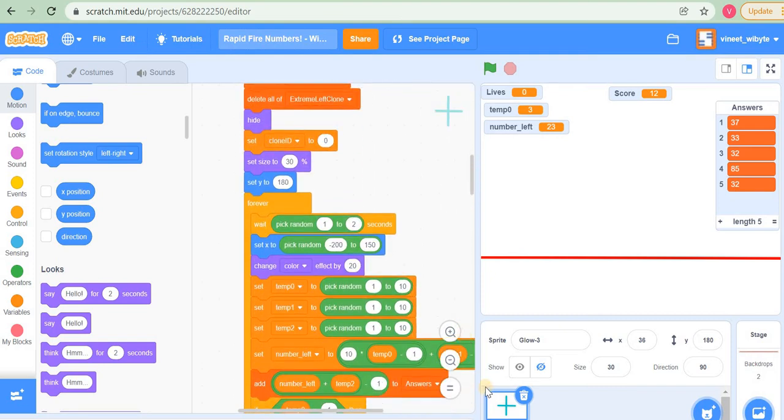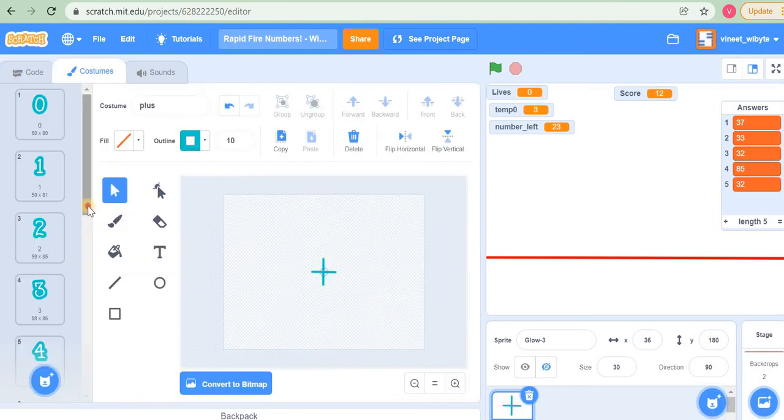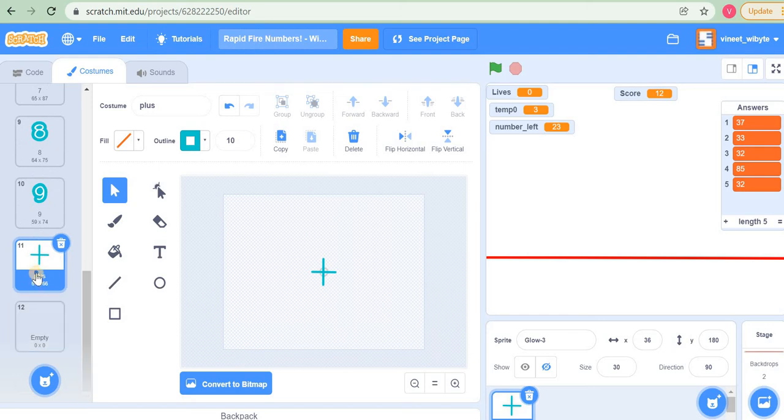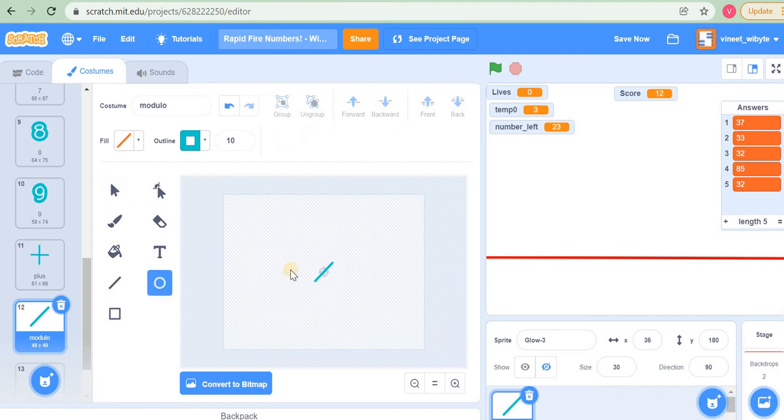Now remember, the first thing I said we'll create is this, sprite will have a new costume, and I'm just going to duplicate, let's say, the plus costume here, right? I'll duplicate this, and let's just call it, say, modulo, right? So we call it modulo, and remember I told you modulo sign is a percentage sign. So I can do that by deleting this, turning this a little bit, right, and then drawing 2 circles of the same color, so that way it will look nice, and it will look like a nice modulo sign, right? So I do this,